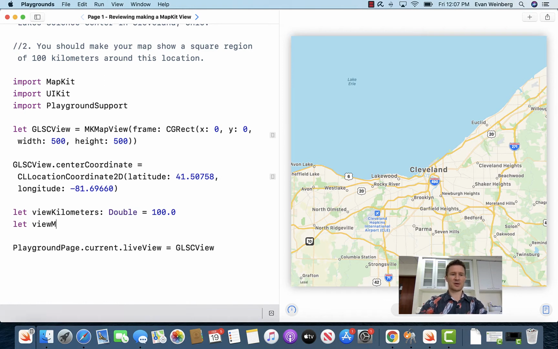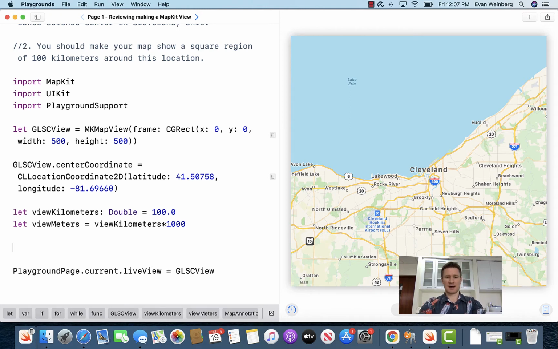And I'm going to do view meters be view kilometers times 1,000. And so that's going to give me a region in meters that I can use when I'm setting up my